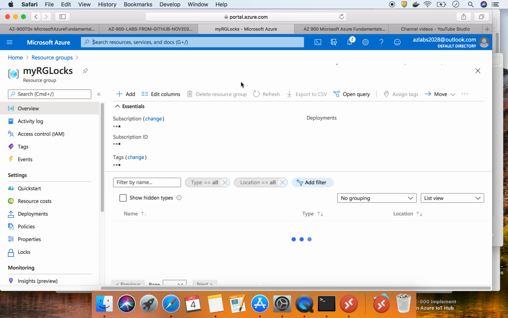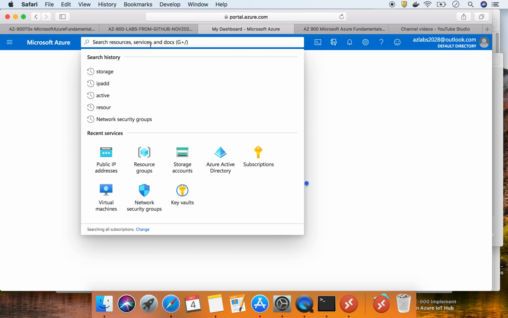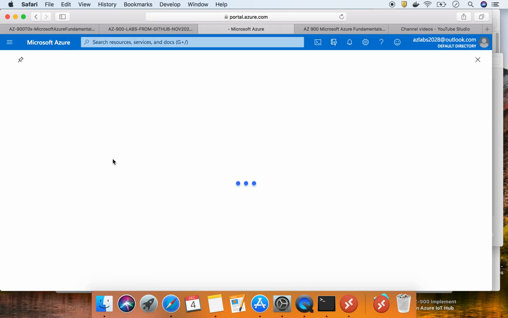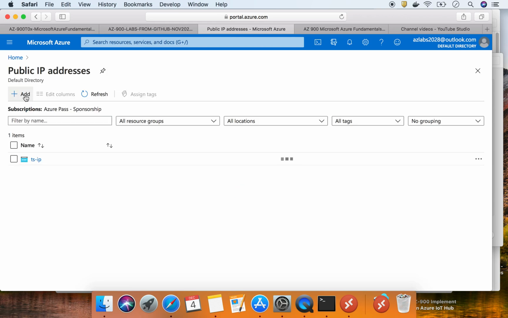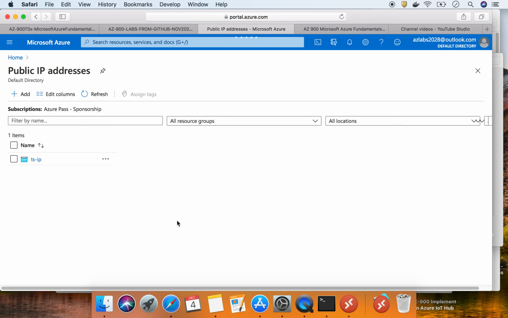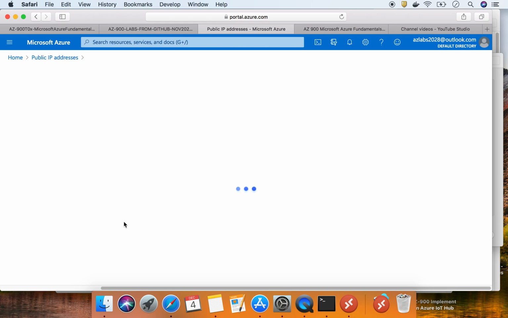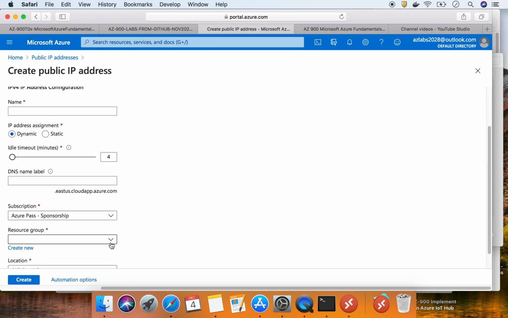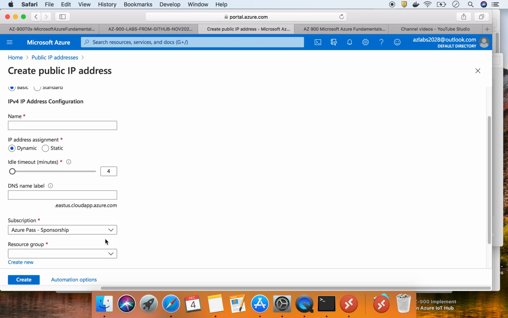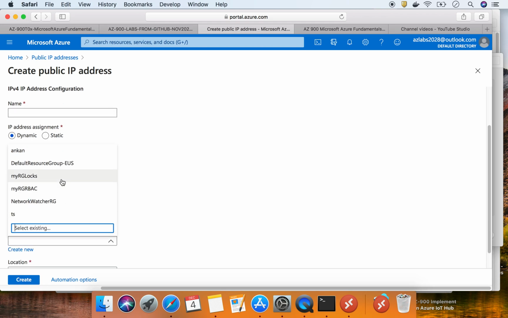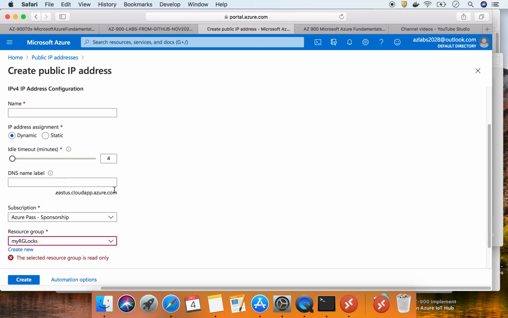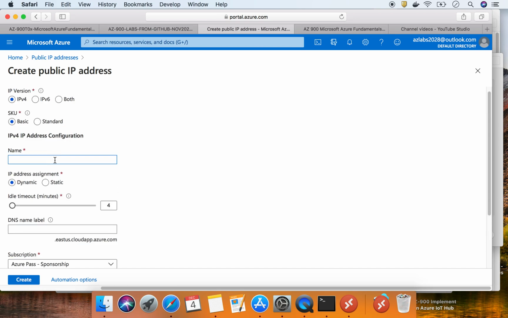So still taking time, so I'm going to refresh it one more time. Okay, and again I'm going to search for public IP address, and here I'm going to try to create a resource. Click on add, and everything is fine with me. Resource group is the rglocks, and name test IP,